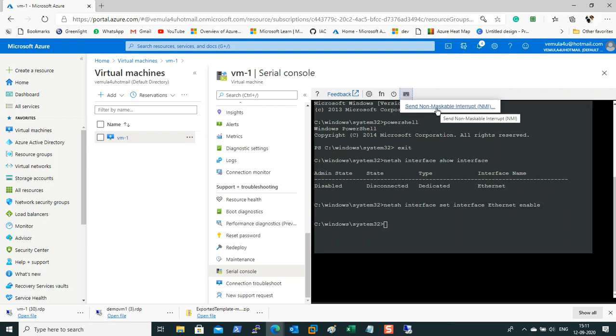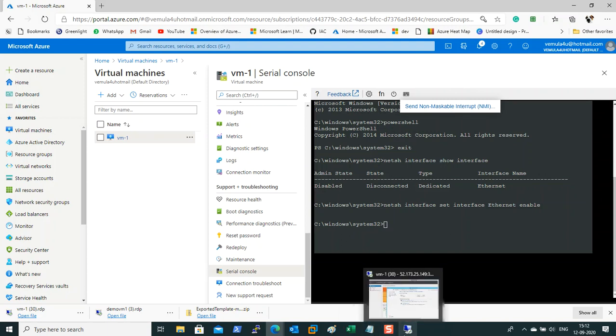Now there could be some situations where you may get into a situation where you may have to get into last known good configuration. So in order to access your boot process, you should be able to see your system during the boot up.